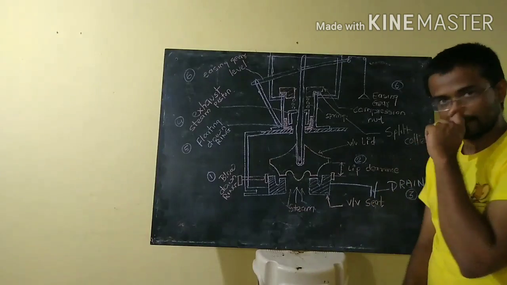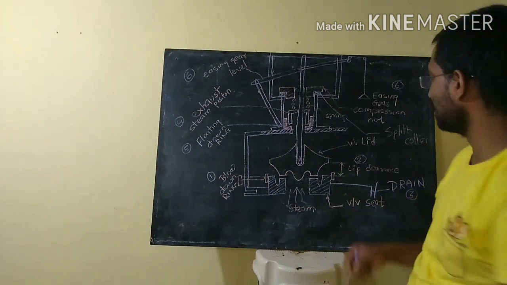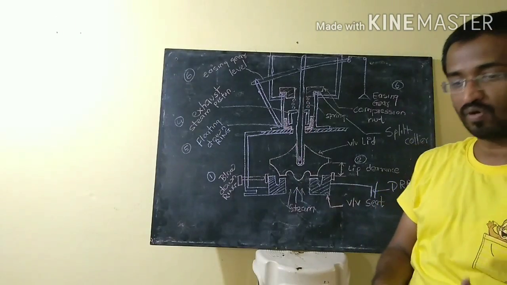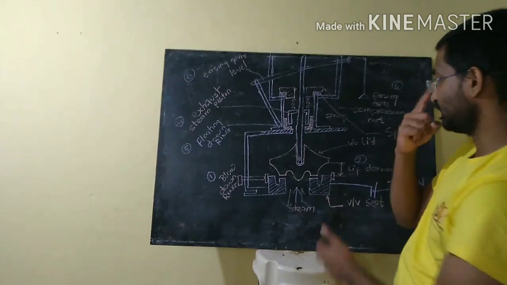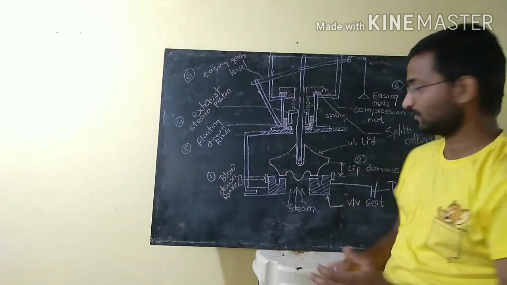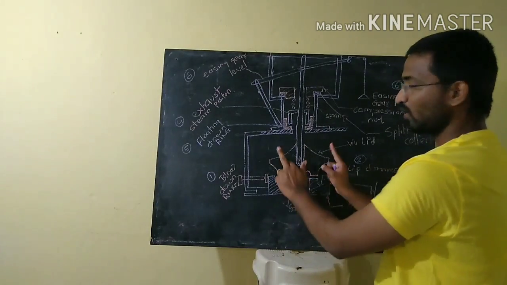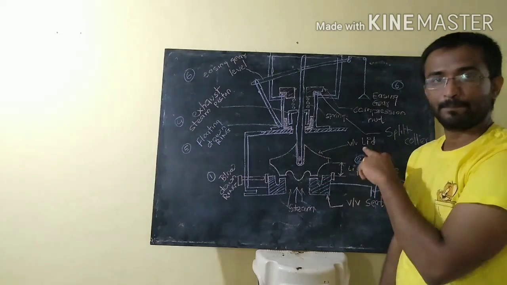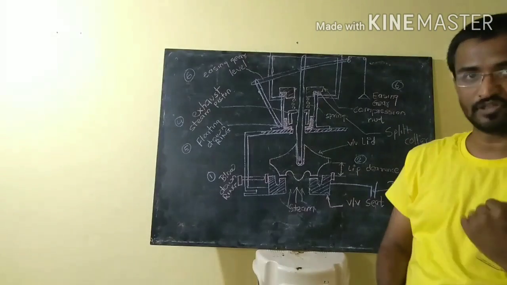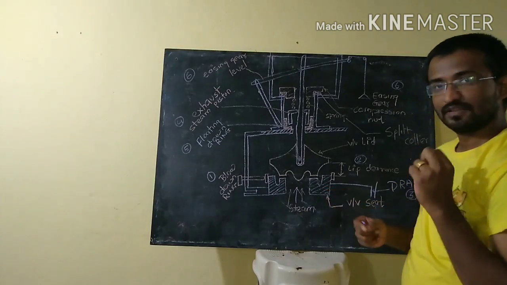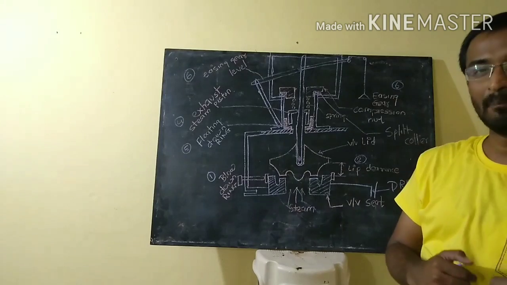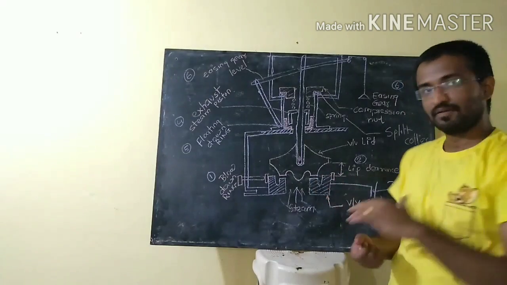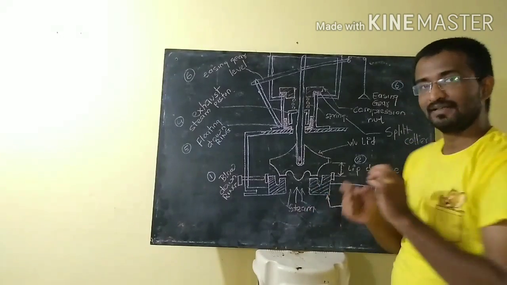Second, lip clearance. We have already talked about the purpose of the lip: when the valve gets lifted, the spring will get compressed and more stiffness of the spring will be felt. To adjust that increased stiffness, the lip is there. It will give more lift. It will try to lift further. The purpose of the lip clearance is that when the temperature increases, the seat will thermally expand. To compensate for this, the clearance is given. Because of this clearance, the valve lid completely sits on the seat and seals the surface.